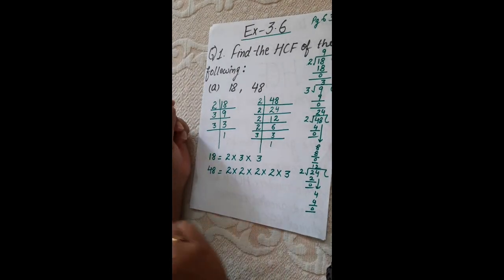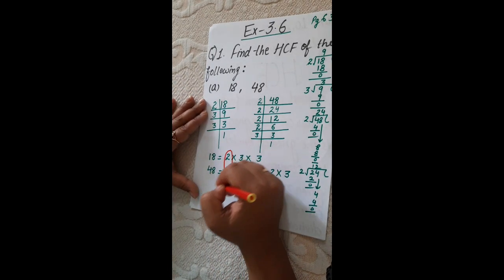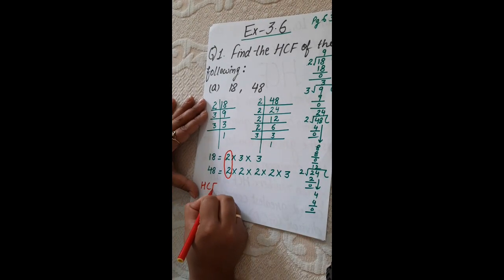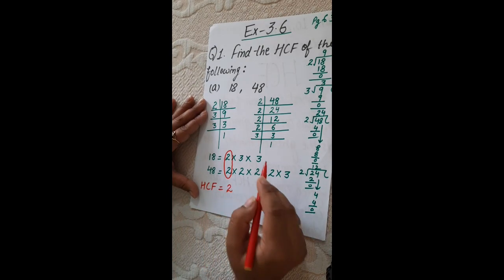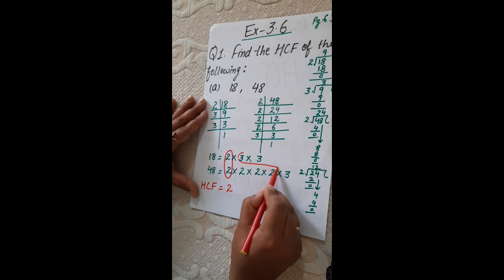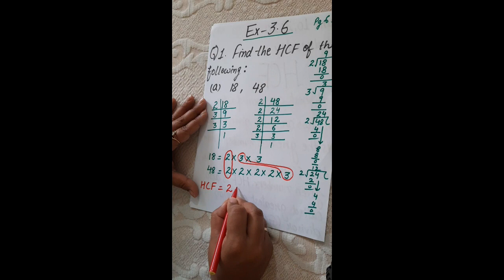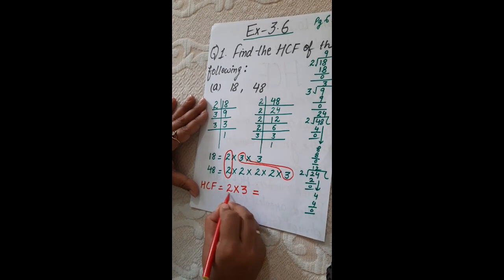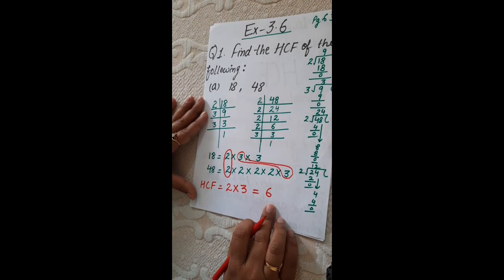As we know, in prime factorization we also express the prime factors in the form of a product. Now for the highest common factor, let's take the common factors first. I will write HCF. So here we have 2. The next is 3, the common factor. To solve the HCF, just find the product of these common factors. 2 3s are 6. So here the highest common factor is 6.